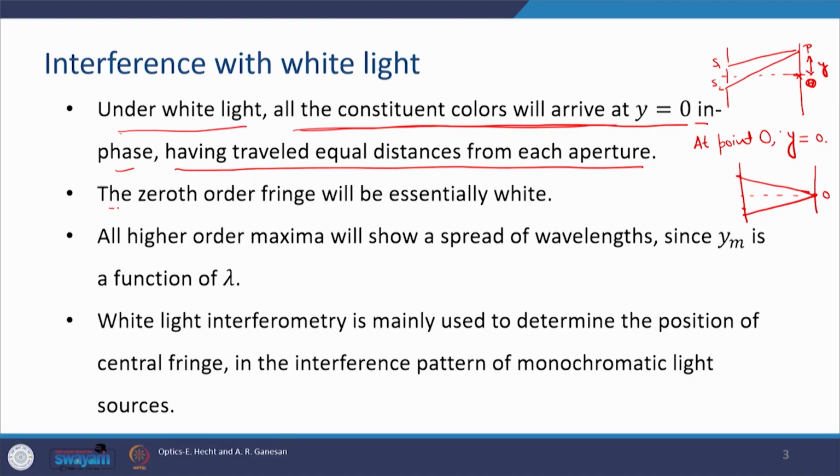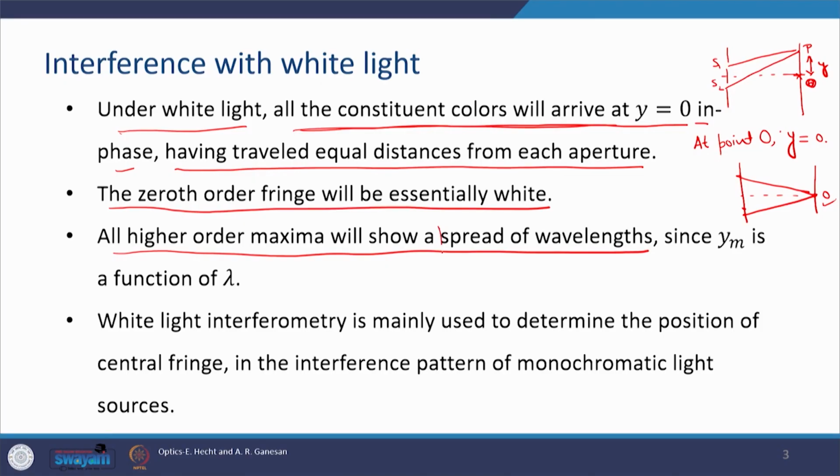Therefore, we can say that the 0th order fringe will be essentially white. 0th order means the central fringe, the fringe at y equal to 0 or the fringe at point O. All higher order maxima will show a spread of wavelength. Since the central maxima is discussed, we will go to the next order of maxima, which would be away from this point O, which is symmetrically situated. As soon as we go to a point which is asymmetric with respect to the sources S1 and S2,